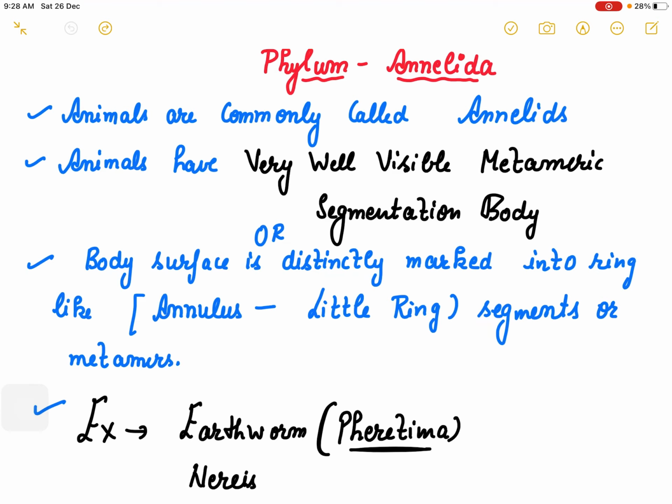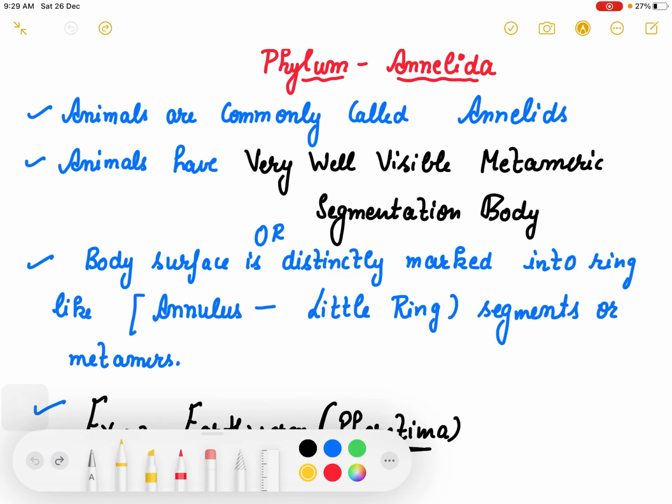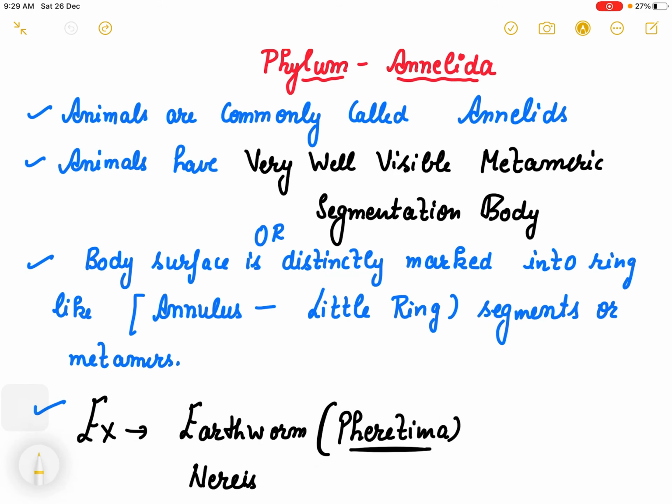So, after Christmas holiday, we are back again with another phylum, that is Annelida. If you recall, what was our last lecture? That is Aschelminthes, right? And in this lecture, we are going to talk about another phylum, or I will say phylum of worms, because most of the members of this phylum are worms, like earthworm, leech, Nereis. So we are going to talk about these worms today, right? So the phylum is Annelida, and commonly it is known as annelids.